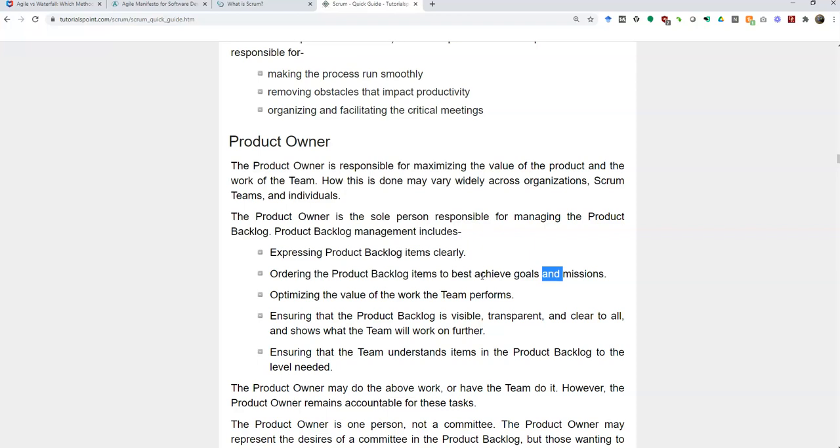The product owner, if you want to compare it to the waterfall, is like the lead of the whole project, right? The person that's the boss of everybody in the project. It sort of corresponds to that. But the thing about Scrum and Agile, the hierarchies are sort of de-emphasized. So there's not so much like my boss told me to do it and I have to do it kind of thing, right? It's more like,